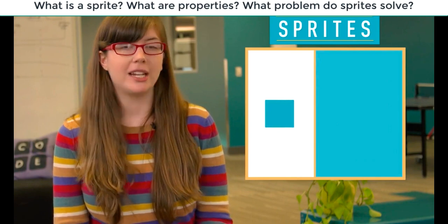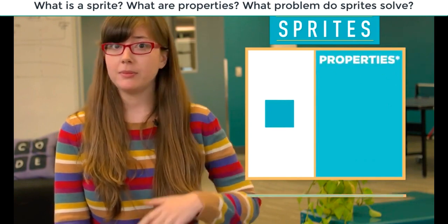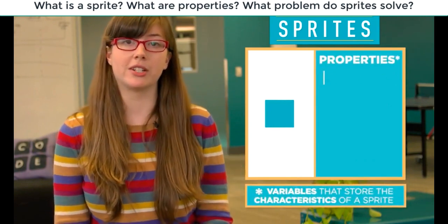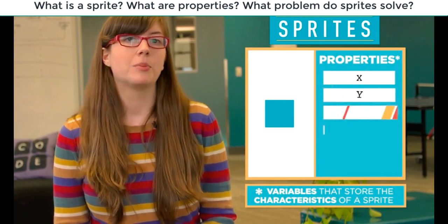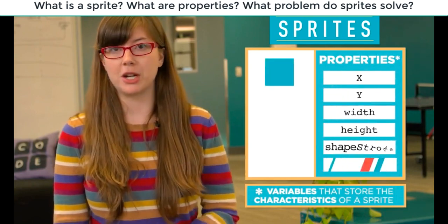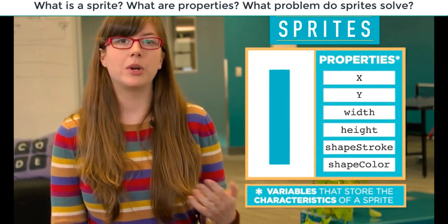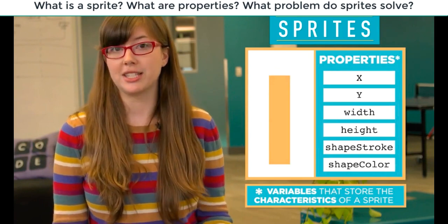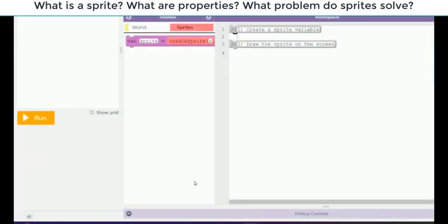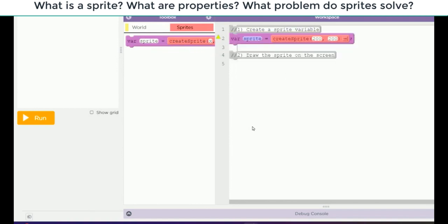When you make a sprite, it comes with properties, which are variables that store the characteristics of a sprite. Properties describe things like where the sprite's located on the screen, what it looks like, and what color it is. To create a new sprite, use the create sprite command. You can assign your sprite a label just like you would a variable. This code is creating a new sprite and giving it the label mySprite, but you can label it anything you'd